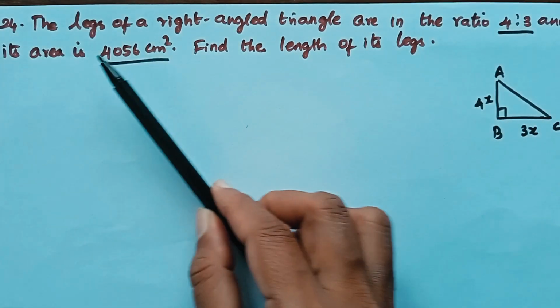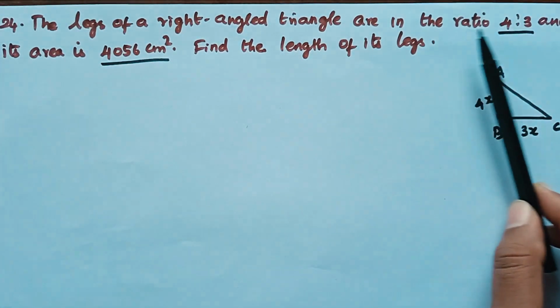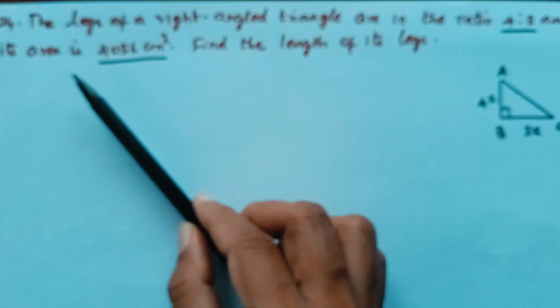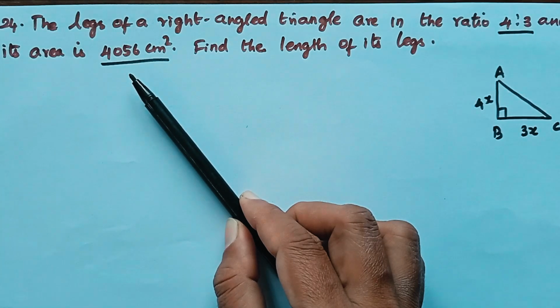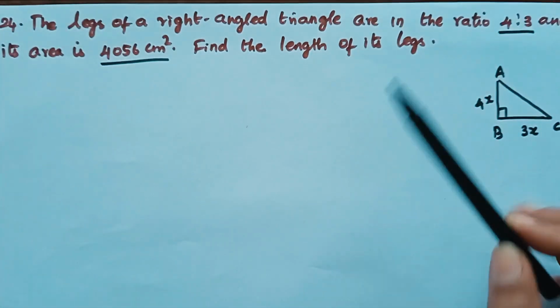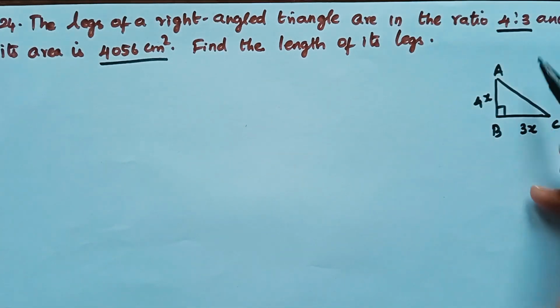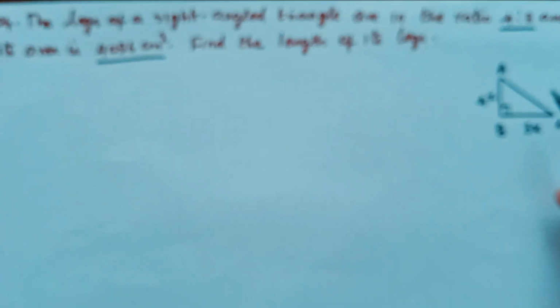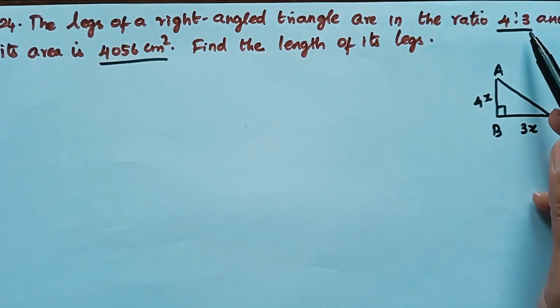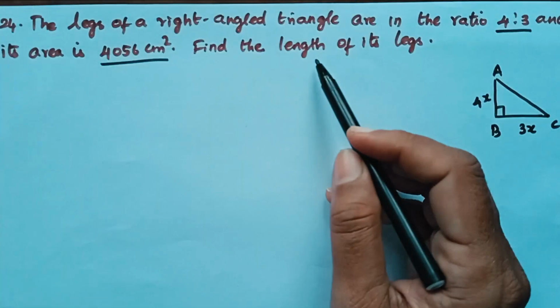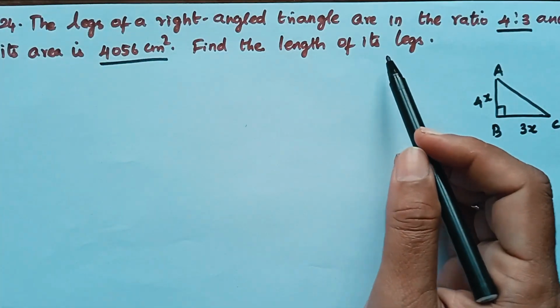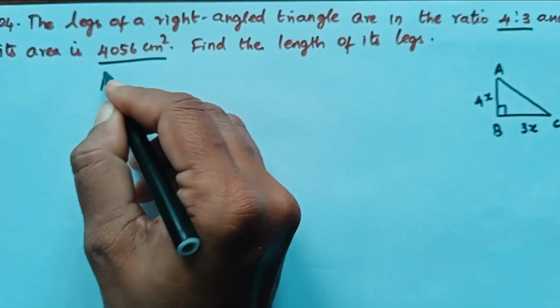Next question: the legs of a right angle triangle are in the ratio 4:3 and its area is 4056 centimeter square. Find the length of its legs. Here it is a right angle triangle and they have given the ratio of the legs as 4:3. We need to find the length of its legs, and the given area is